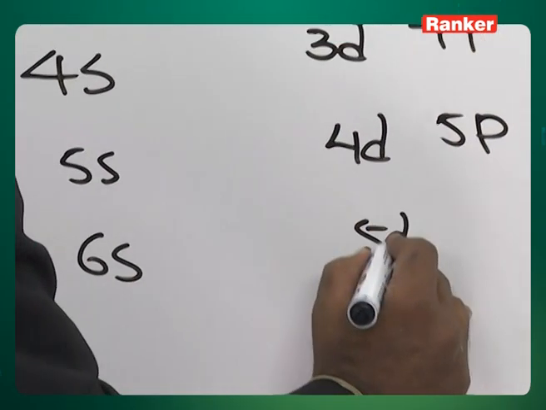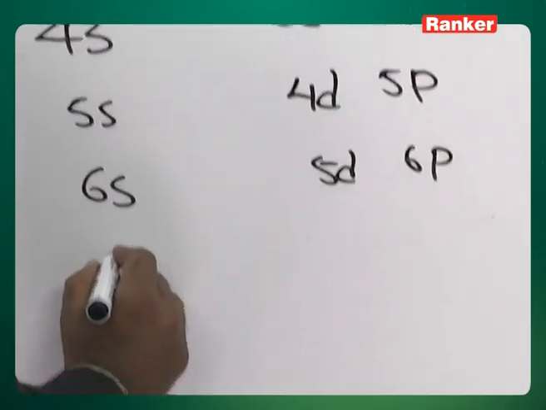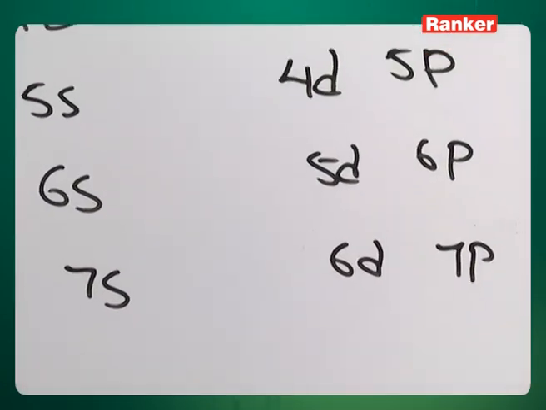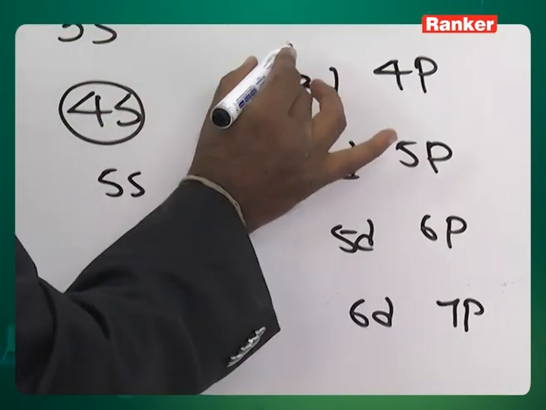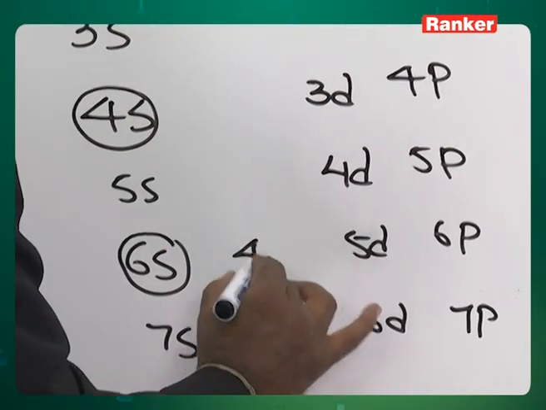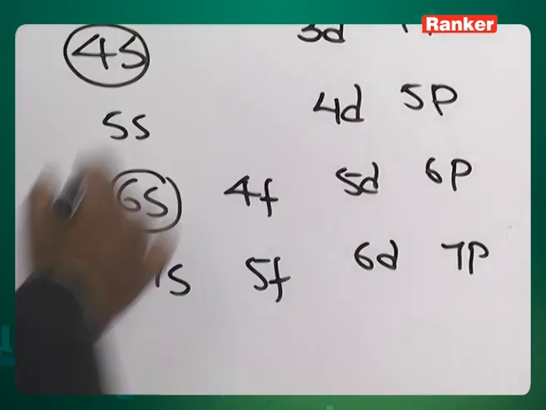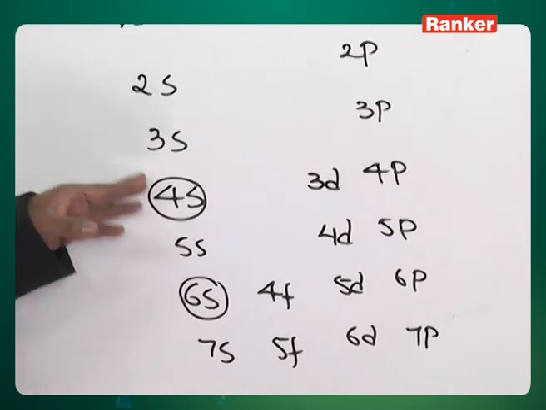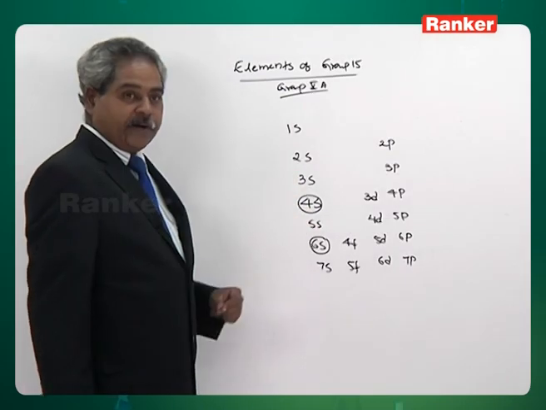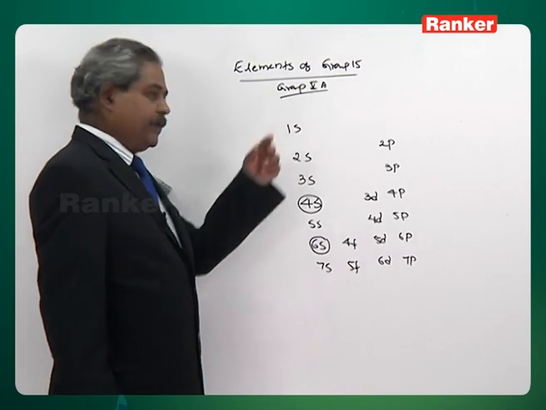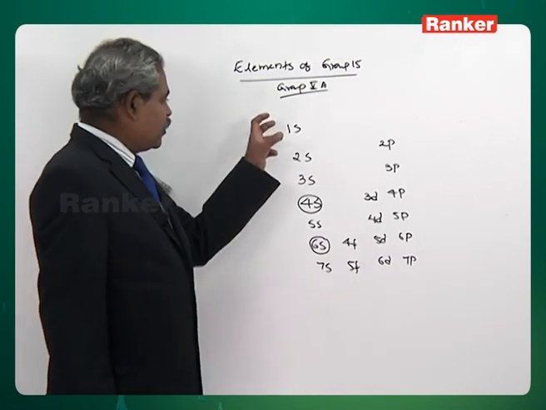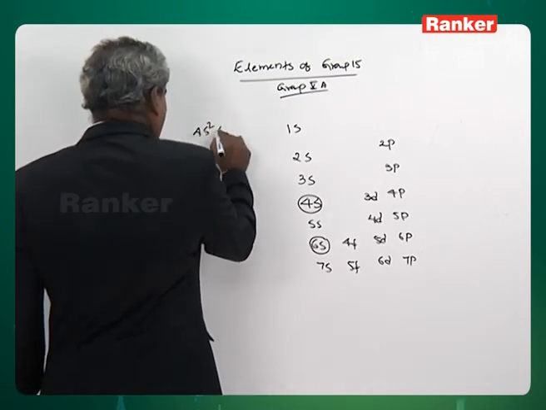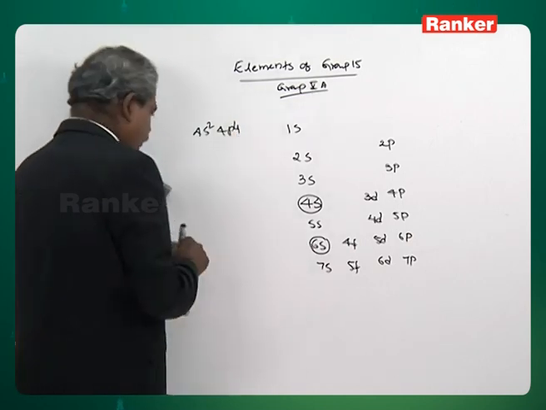6s, 5d, 6p. 7s, 6d, 7p. After 4s only the 3d starts, after 6s it is 4f, 5f. So the moment you see 4s, you have to say it is a fourth period. 2s2, 2p3, second period. The valence electronic, the outermost configuration: suppose somebody has 4s2, 4p4, you can immediately point that